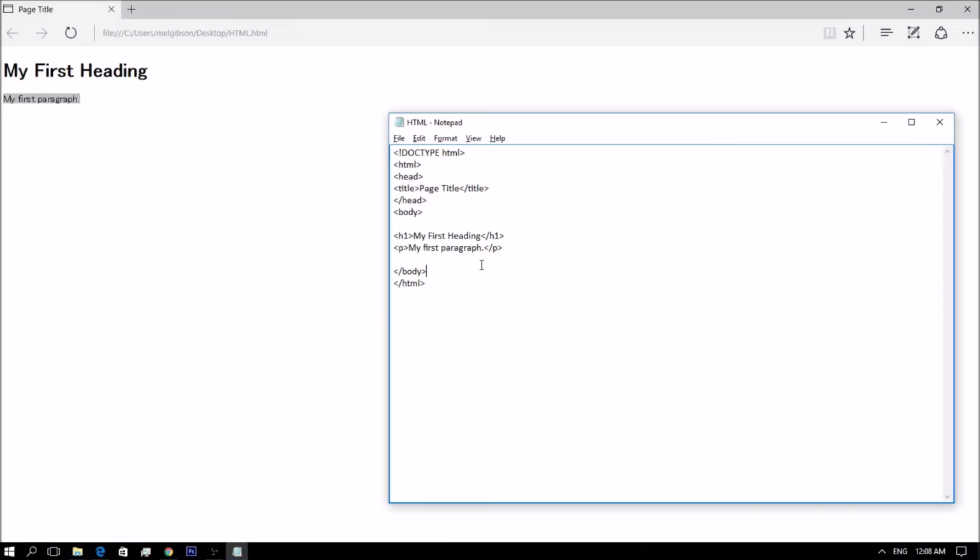So HTML has elements. An HTML element usually consists of the start tag and the end tag, with the content inserted in between. For example, this is the tag name, this is the content, and this is the end tag.